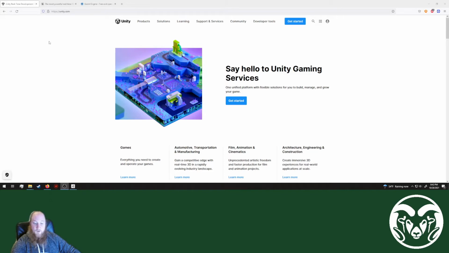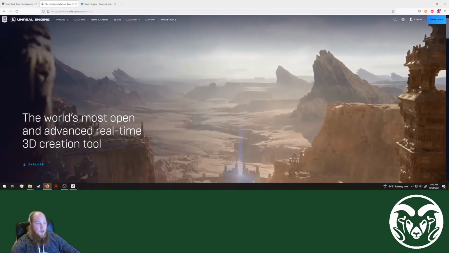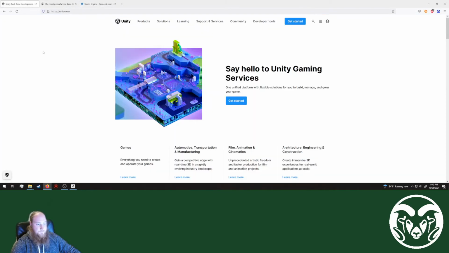There's, of course, Unity, which will be the main focus of today. There's Unreal Engine, and there's also the Godot engine. Each one has its benefits and its downsides, and it's worth weighing. Unreal Engine does have a lot more graphic fidelity quite easily. However, it is a lot more resource intensive and requires a stronger computer. The Godot engine is open source and free, but there is not a ton of resources readily available, especially